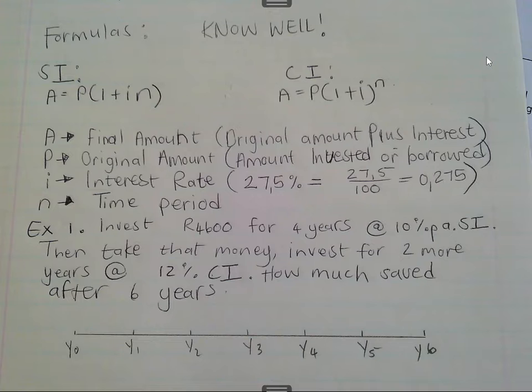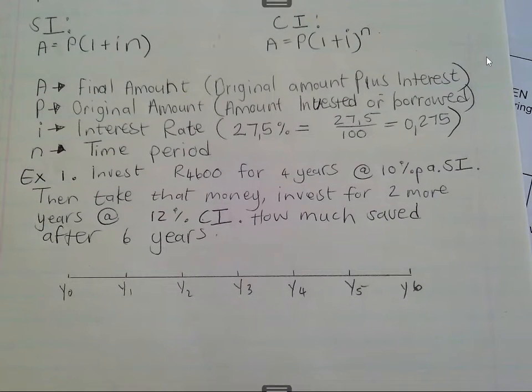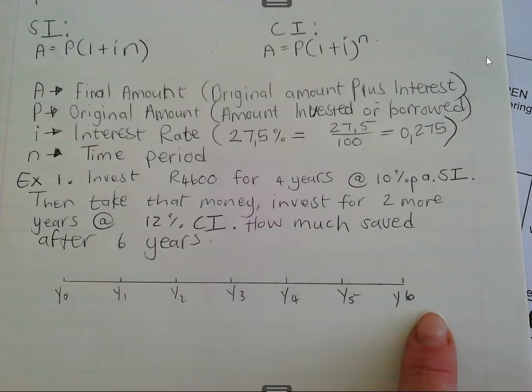Here is I'm going to draw, let's call it a number line for the investment. Now this is not necessary, especially not at this time. But when we get to the end of this chapter, you will see that the investments made can be very complex, and the interest rate can change all the time or after a couple of years and so on. So it will be very complex, and then we're going to have this number line. Because of that, I just want you to draw the number line now so that you start to get used to it. So what I did is I said it's from year 0 to year 6.